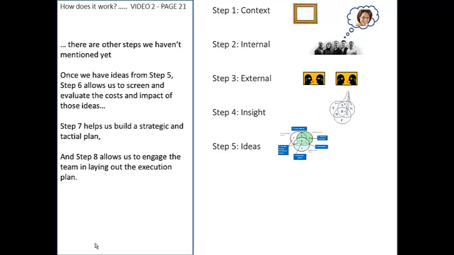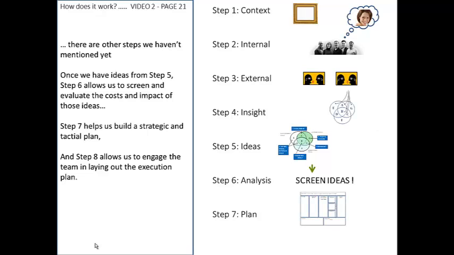Right, but there's other steps we haven't mentioned yet. Once we get ideas from step 5, step 6 allows us to screen and evaluate the cost and impact of those ideas. Step 7 helps us build a strategic and tactical plan. And step 8 allows us to engage the team in laying out execution planning. Now there are 8 steps